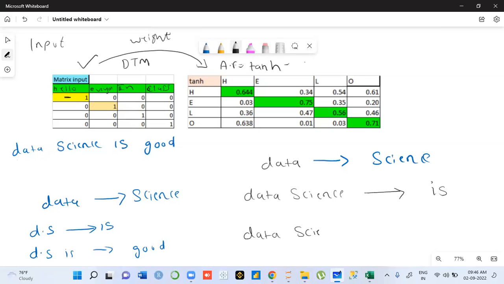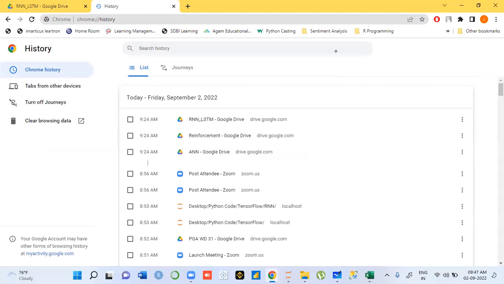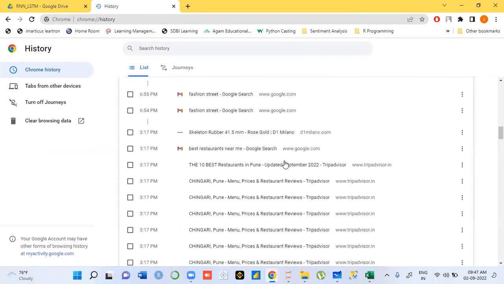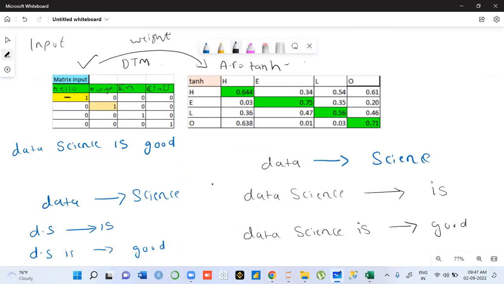पर ये डेटाबेस में कैसे जाएगा सर, मैट्रिक्स? सबसे पहली बार बनेगा जब हम पहली बार सेंटेंस डालेंगे, तब उसका मैट्रिक्स बन के रहेगा। आपके पास एक डेटा ऑलरेडी होगा, हिस्टोरिकल डेटा होगा। This is my history. In history, all my search is my data ना। फिर सबसे पहले वो उसके अलग-अलग मैट्रिक्स बन के जाएगा। अगर आप उसे डेटा की जगह पे साइंस, एनालिटिक्स डालते तो दूसरे मैट्रिक्स पे जंप होगा। करेक्ट।